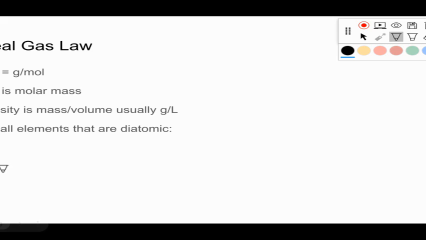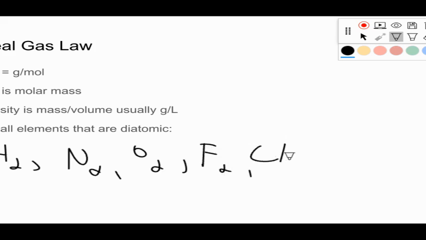Now we need to list all of our diatomic elements because we're talking about gases again. So we need to know which elements are diatomic. Remember, hydrogen is diatomic. If we're considering the hockey stick and the puck on the periodic table, it would be the puck. And then starting over on the right side, nitrogen, oxygen, fluorine, chlorine, bromine, and iodine. Those on the periodic table make up what looks like the number 7 or a hockey stick. So these are the hockey stick and hydrogen is the puck. Those are the only elements that are diatomic.